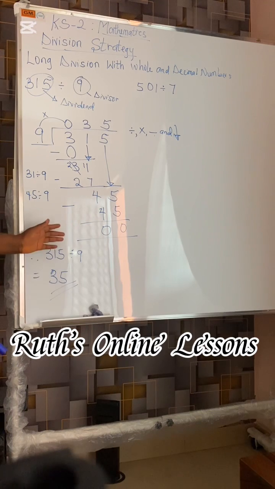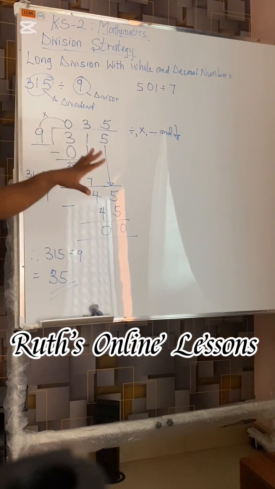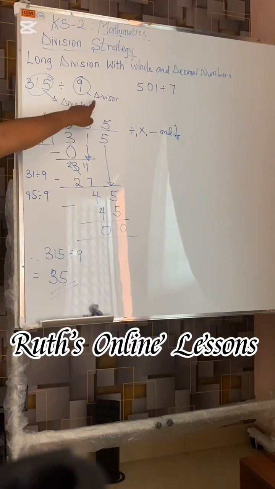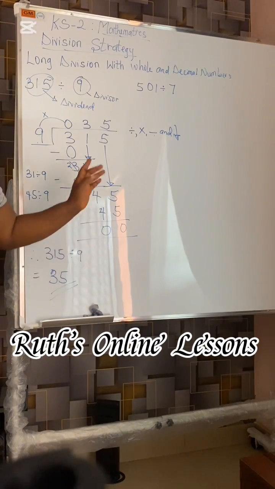And by the time you get to a point where you have nothing left, if it's a whole number you're dividing, and whatever you're using as your divisor is a factor of that number, you'd have gotten to 0. And at that point, you can